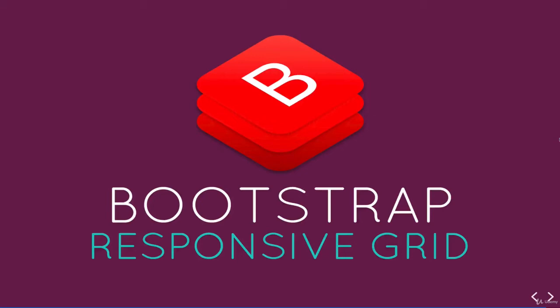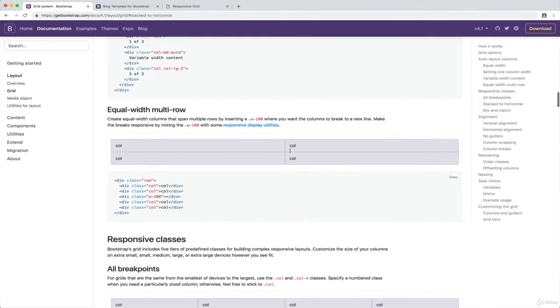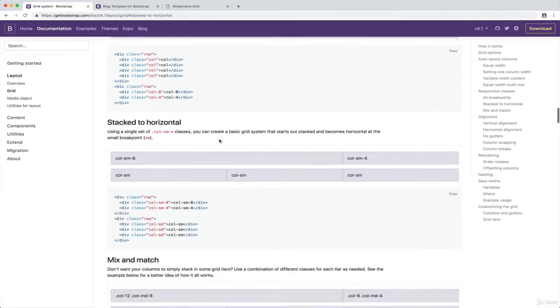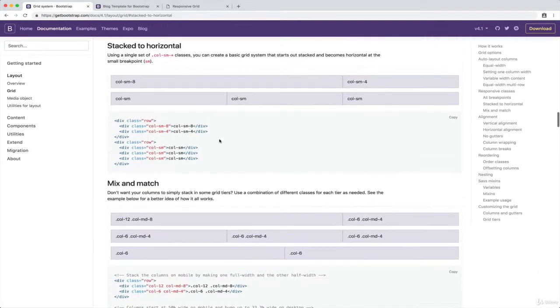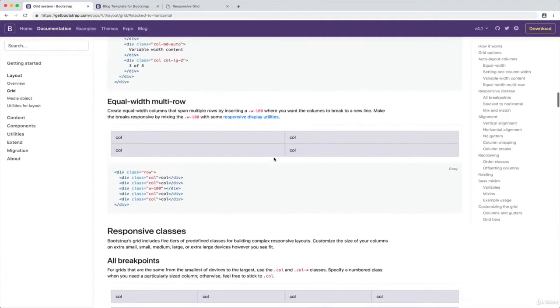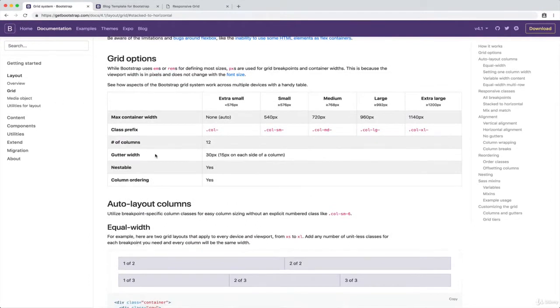All right, welcome back. Next, we're talking about making our layouts responsive with the grid system. If we go back to the documentation, we saw how to do equal width rows. Now we're talking about how we do these responsive classes. We use the same breakpoint terminology, small, medium, large, extra large, that we saw in some of the other utilities. Here's a little chart that explains the different breakpoints, where they take effect, and the syntax that you